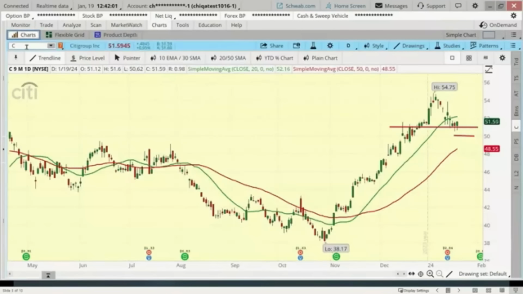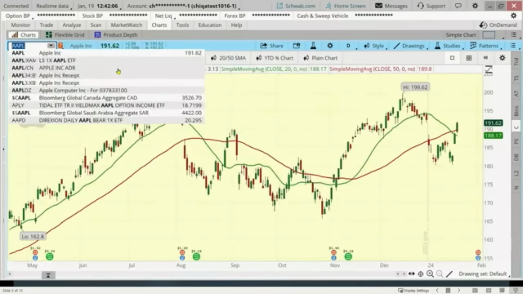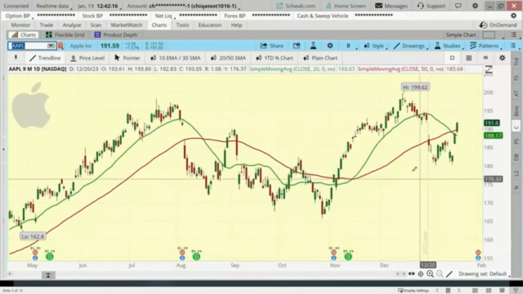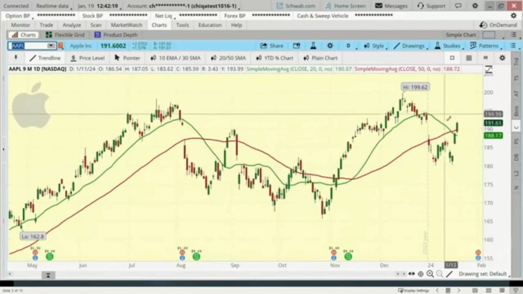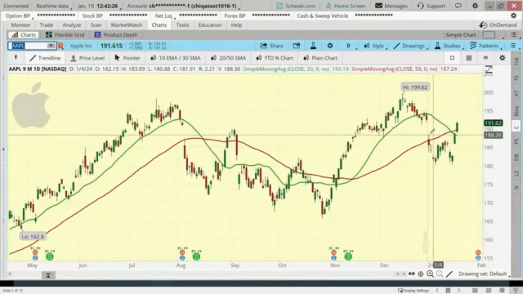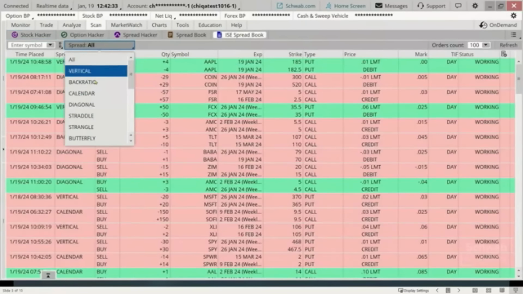Let's say you go through this, and you'll probably want to narrow it down a little bit. You don't have to, but let's say you're looking at Apple, because that's a popular stock that people look at. Doesn't mean it's going to turn out or anything, but it's just an example stock that a lot of people look at. And you're saying, well, Apple is maybe more of a neutral type trade. I want to look for more of a neutral type trade. Well, I can go to that spread book, and I can narrow this down to different types of trades.